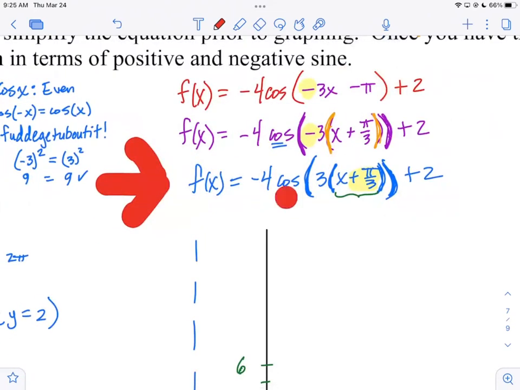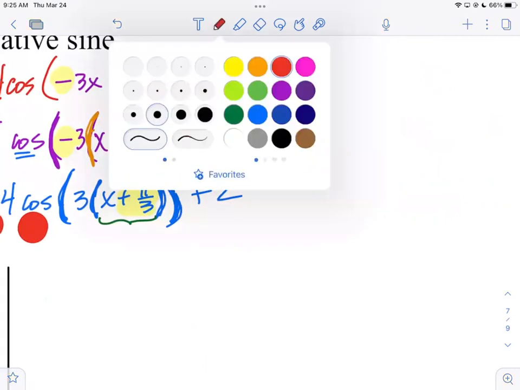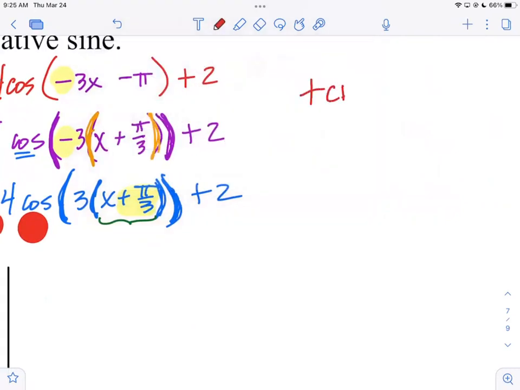This is a cosine, which is normally positive, but it has a negative in front, right? So let's think about it. Positive cosine now becomes negative cosine. The highs become lows, the lows become highs, and we have negative cosine, right? Yeah. So there you go. So the C is for